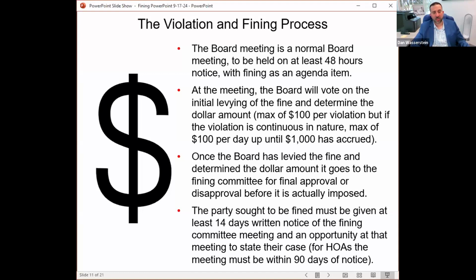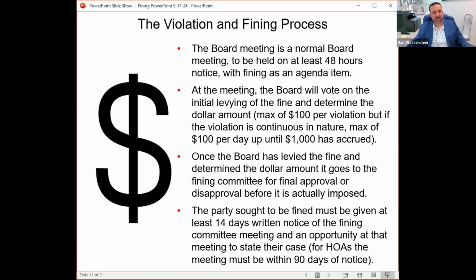And that notice also needs to explain not only where and when that meeting is going to happen, but how the owner or the other person being fined can fix the issue, if it is a curable issue, before that fining committee hearing. So, hey, here's not only what you did wrong, here's what you can do to fix it. Now, just keep in mind, under the new statute, you used to be able to schedule that committee meeting. You could wait months and months if you wanted to. Now, most associations didn't, but you could put that on the back burner, and 6 months later, you could have the committee meeting and send this notice to the owner.